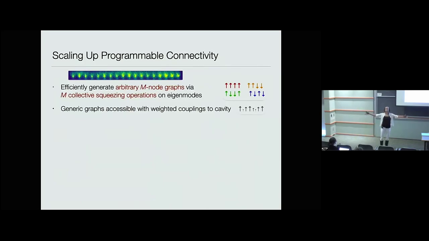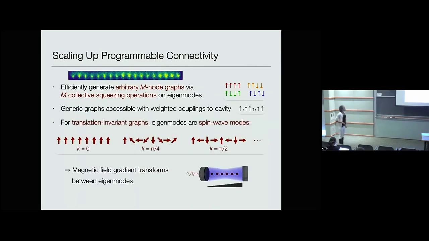You could actually fit a very large array even in a single pancake of the standing wave. So you might ask, how do these methods scale? One of the things that I found a little bit surprising at first is, you might think that if I want a programmable graph of m nodes, it might take m squared operations to control the pairwise couplings. But with this method of coupling different collective modes to the cavity, there are actually just m collective modes. And in principle, one can make any graph with a sequence of m operations, each of which happens at a collectively enhanced rate. And so it's actually fixed in total interaction time.